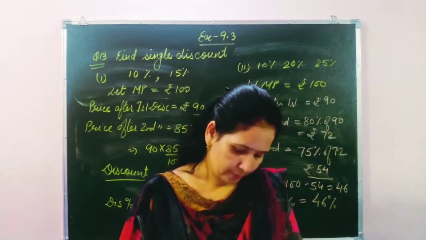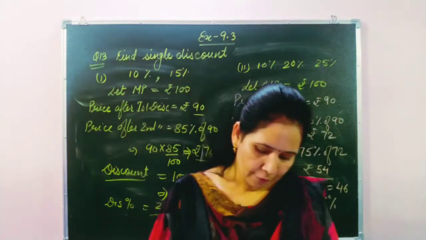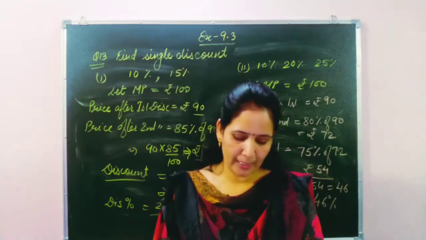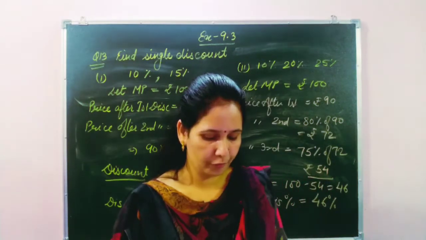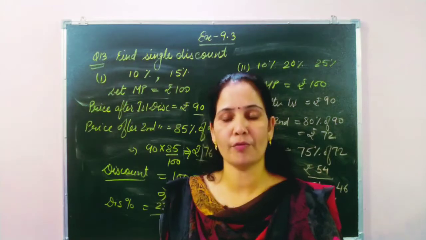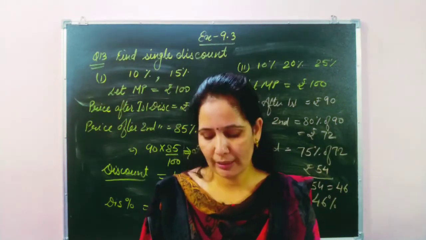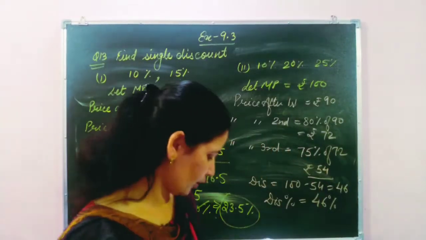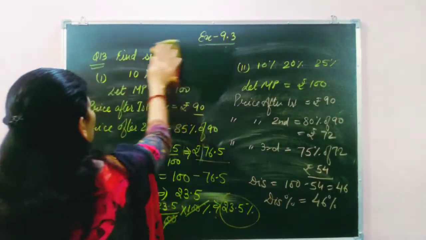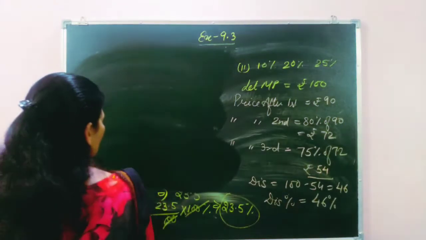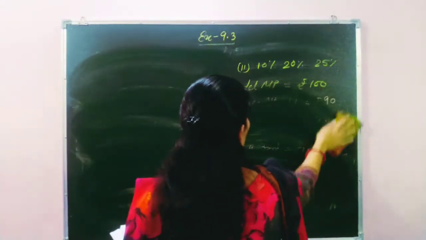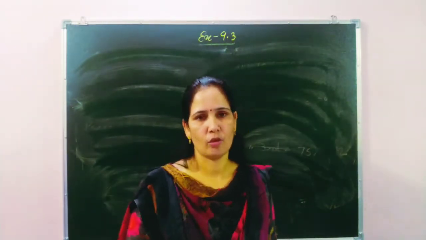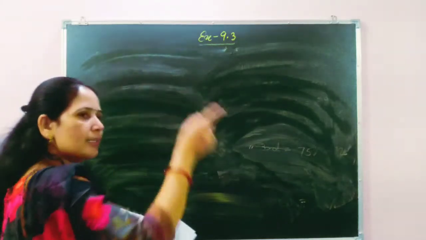We have discussed question number 13. Question 14: What is the better buy for a customer? Single discount of 45% or successive discounts of 20 and 25%. So this question is also the same type of question. Now I will explain this one question, how to do it. I will give you a hint and then after you have to solve by yourself, students. How to do this question? First you apply a single discount of 45%. Okay. After 45% discount you will get the price 55. Let's see how to solve this one.